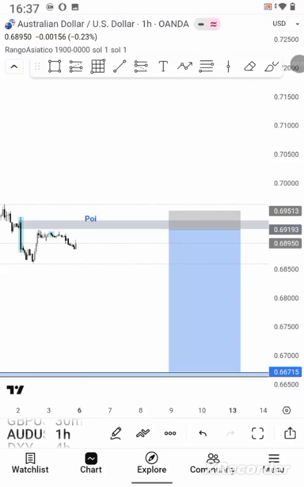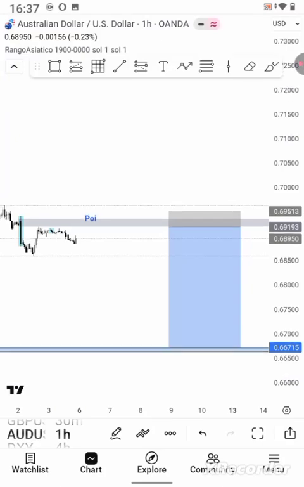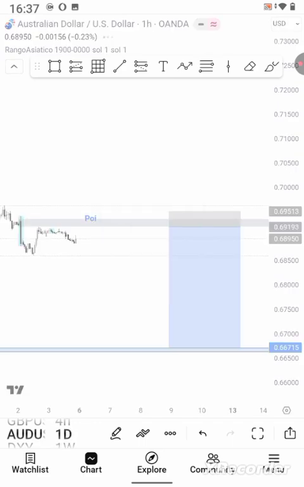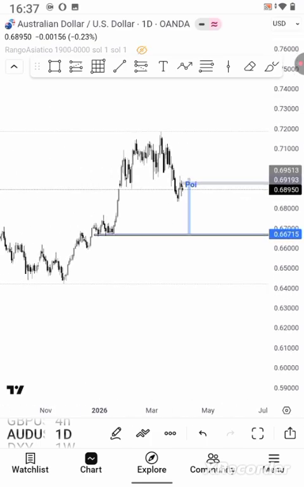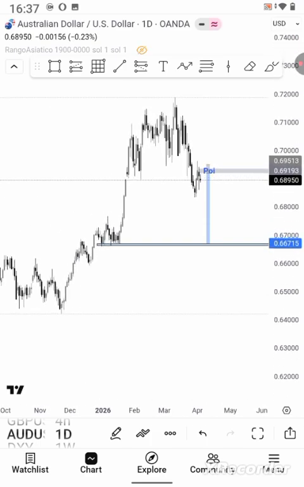So this is my outlook for AUD USD for this coming week. Let me quickly run a top-down analysis for it. Let's start from the daily time frame. As you can see, price is still bearish,